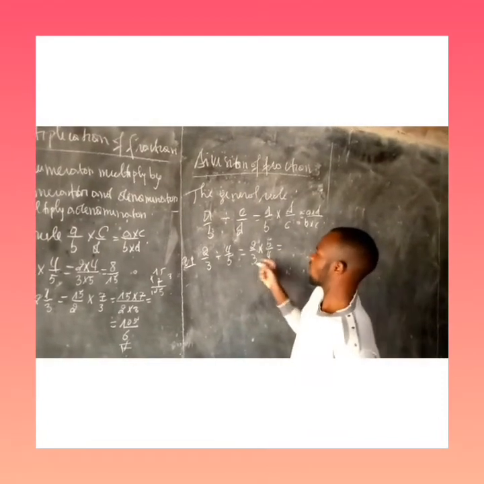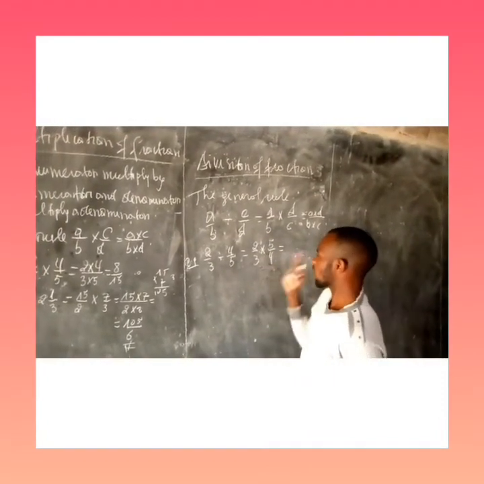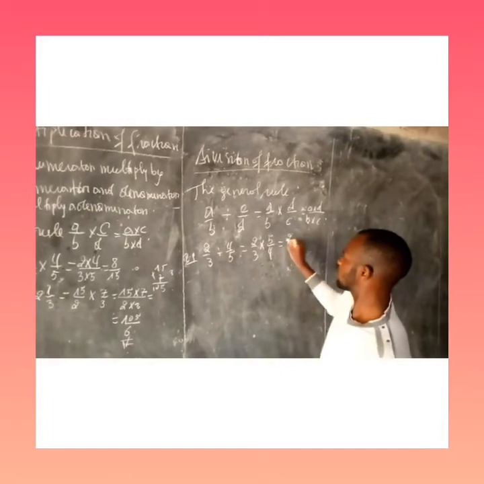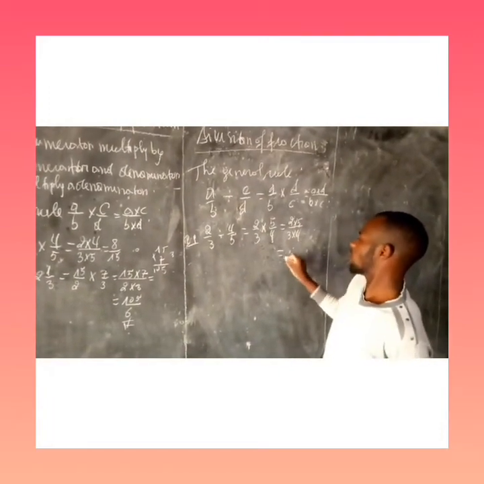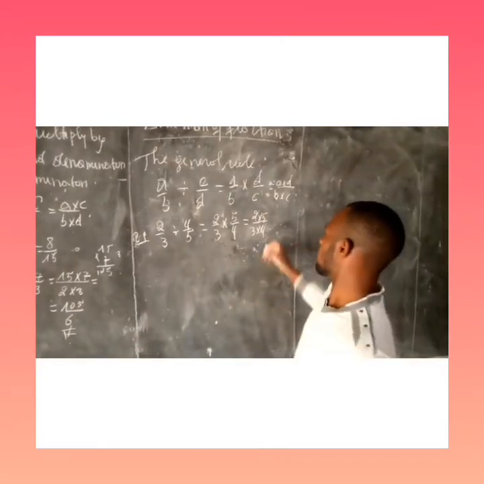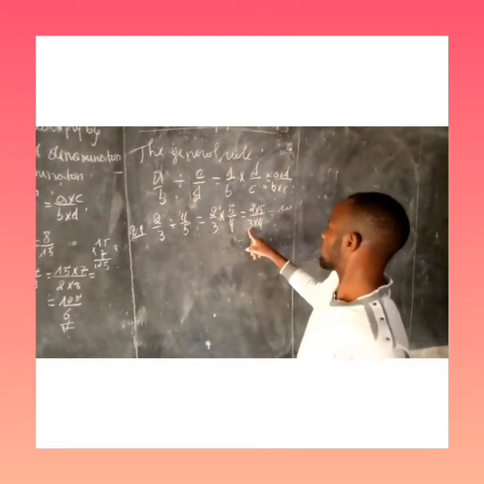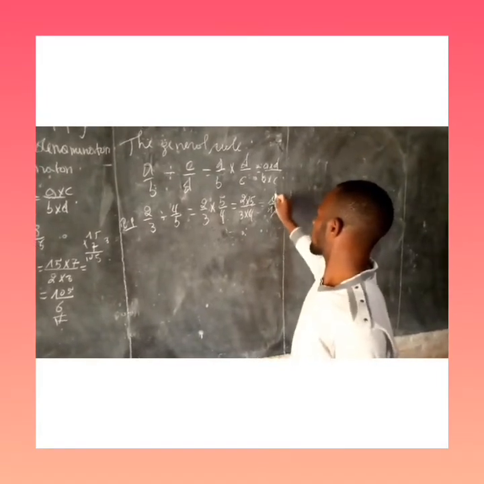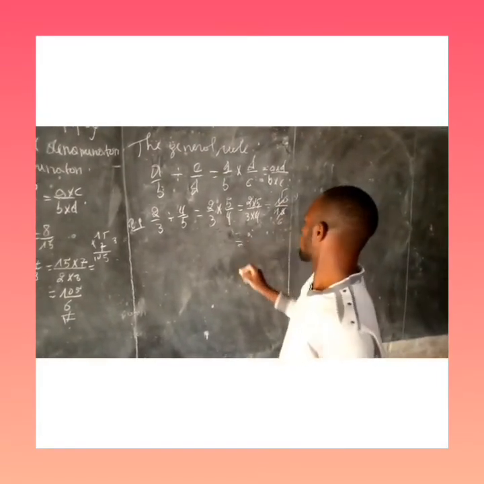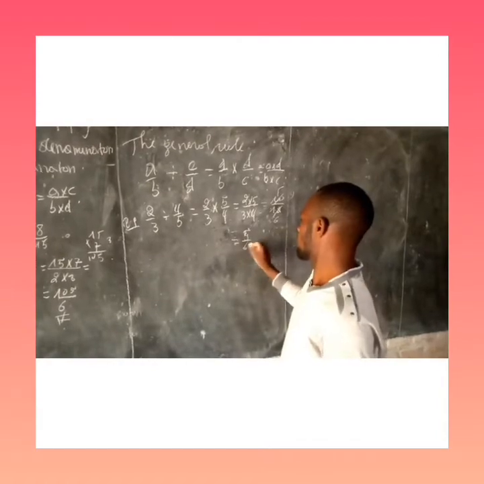And now this is a multiplication of two fractions where you multiply numerator, you get 2 times 5 over 3 times 4. So now here we get 2 times 5 is equal to 10, 3 times 4 is equal to 12. You have to simplify by 2. Here we get 5 and here we get 6. And now the solution becomes 5 over 6.